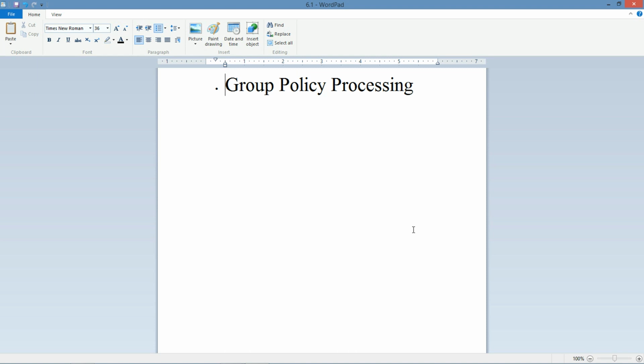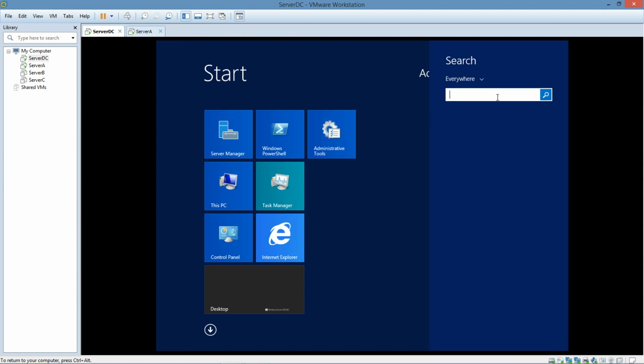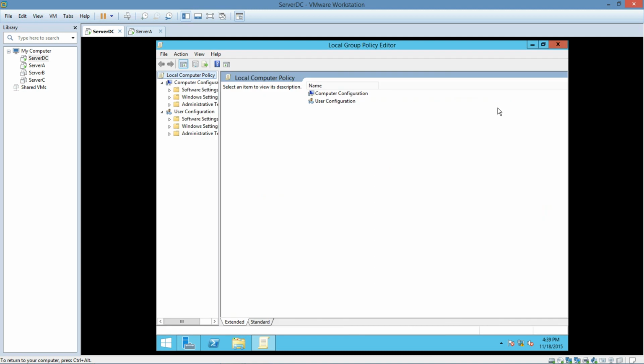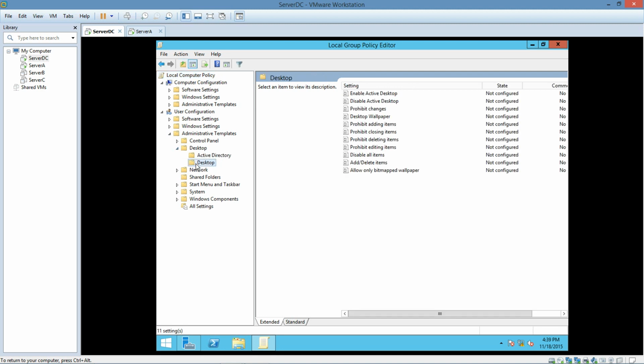In this lab, we're going to be talking about group policy processing. First, we're going to go down to Start, go to Search, and type in Edit Group Policy. We're going to go to the Configuration and open up Administrative Templates. Go to Desktop, and go to Desktop. Now we're going to go to Desktop Wallpaper,